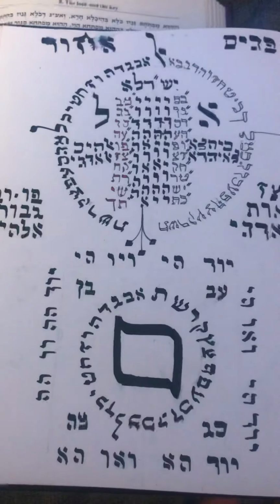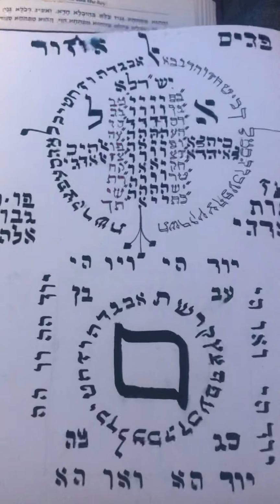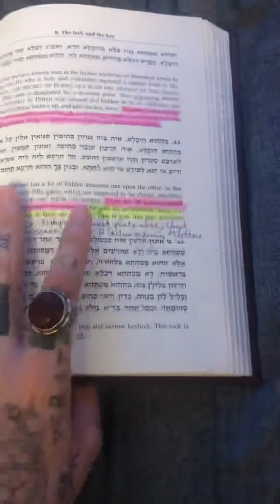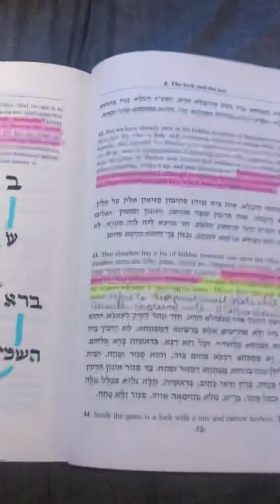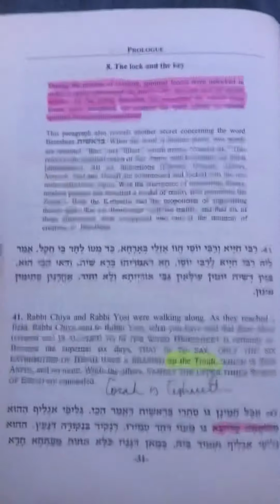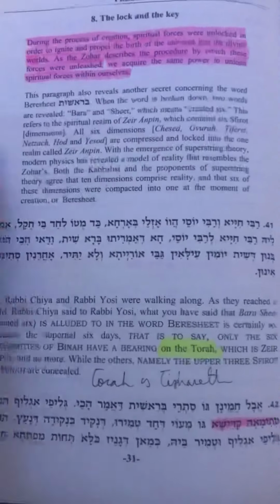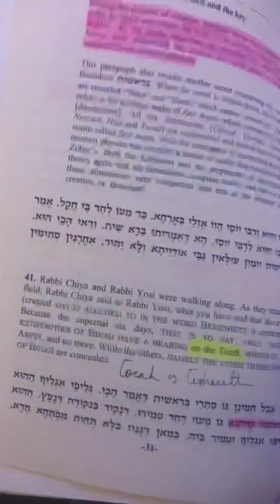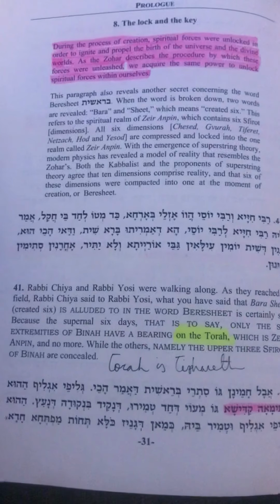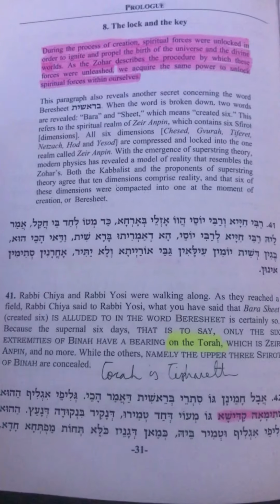So, to begin, we will find the section being discussed, again as stated in Book 1. If you can see, Book 1. And the section is going to be found on page 31. Bearing in mind the last video I uploaded, mainly the secret of Bahibaran, we learned that Hashemayim is Zeir Anpin,